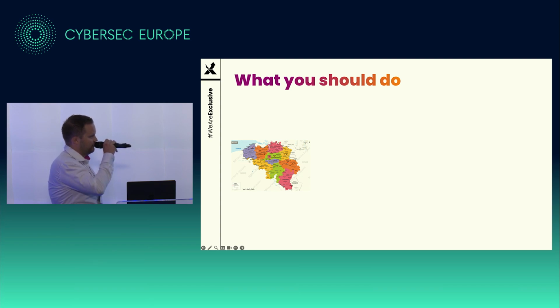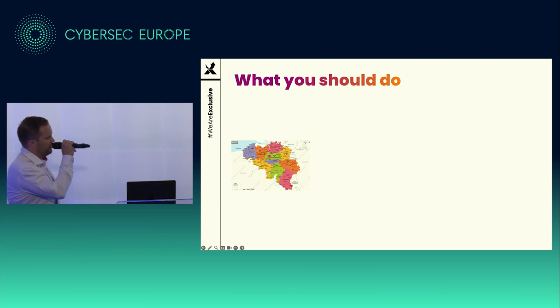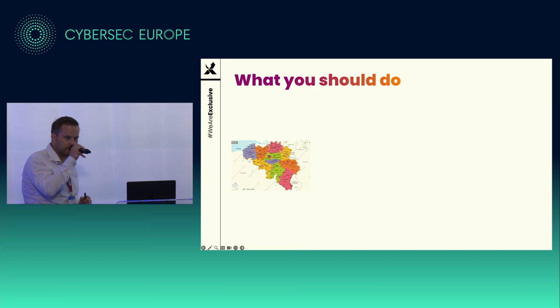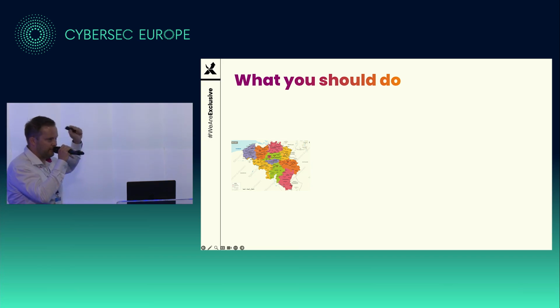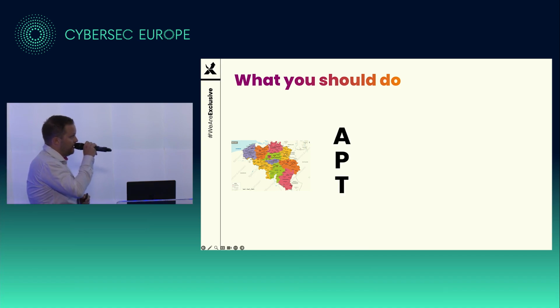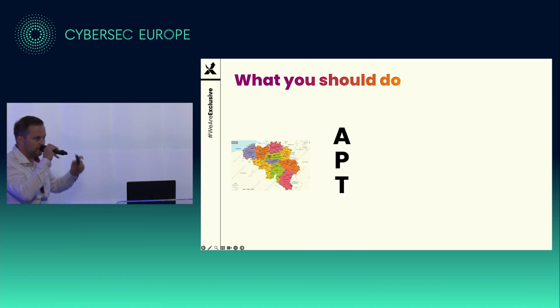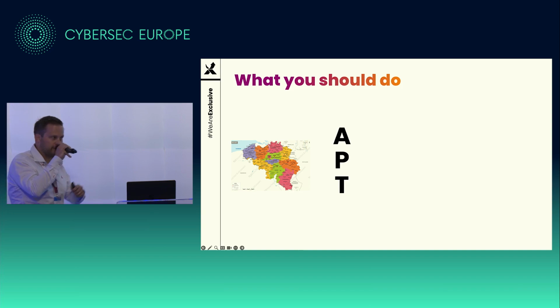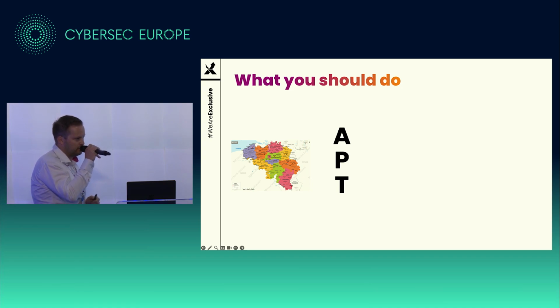So what you should do after this session, first of all, is a round of applause, but actually also to map out your current coverage, because that's important. With the tools you have at this moment, and if they are configured right, you should be able to map out your current detection. And then look inside your vertical. If you're in finance, look at what APTs are focusing on finance. If you're in healthcare, focus on that one, because you're not going to be able to map everything, although there are vendors that claim they map everything, but that's impossible. So start by focusing on your APT and see what techniques are being used, and that's your first start.